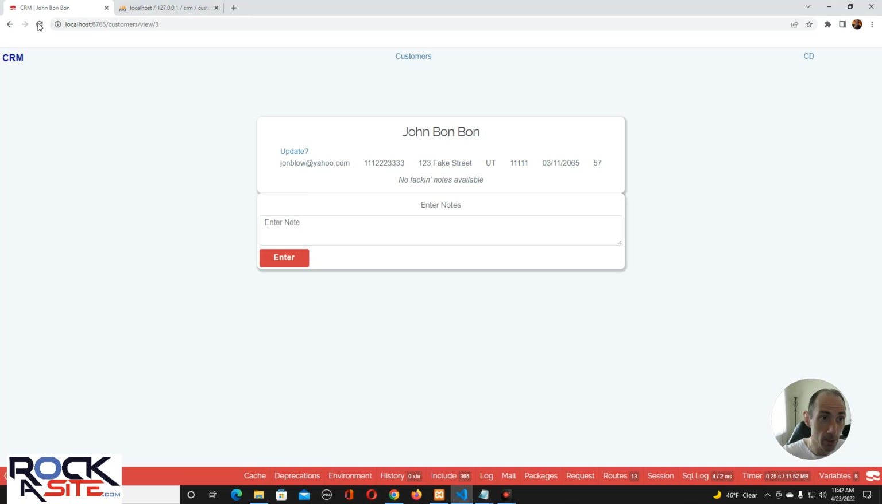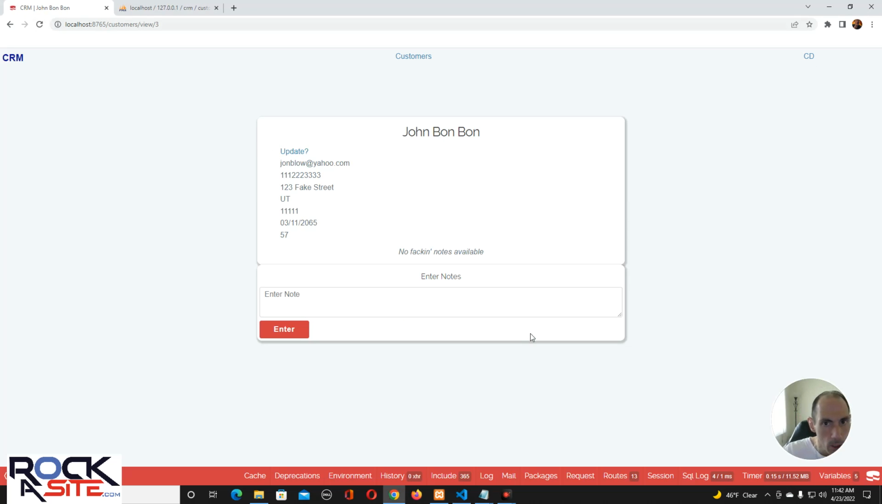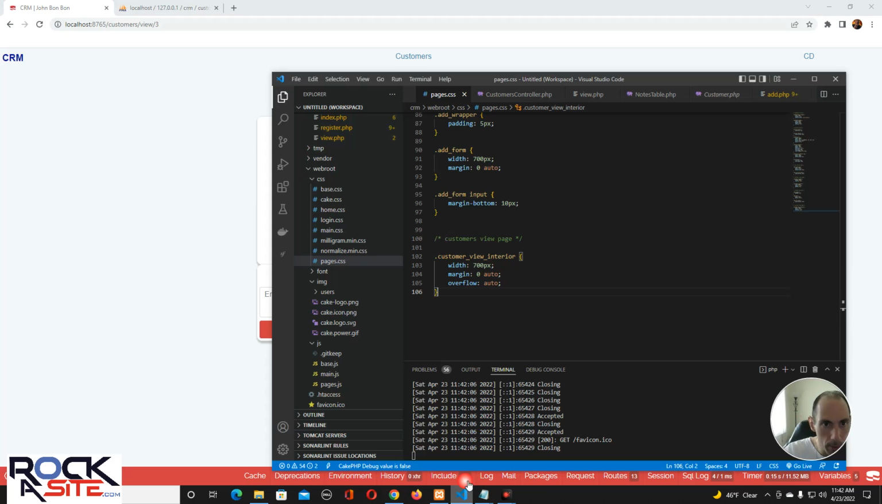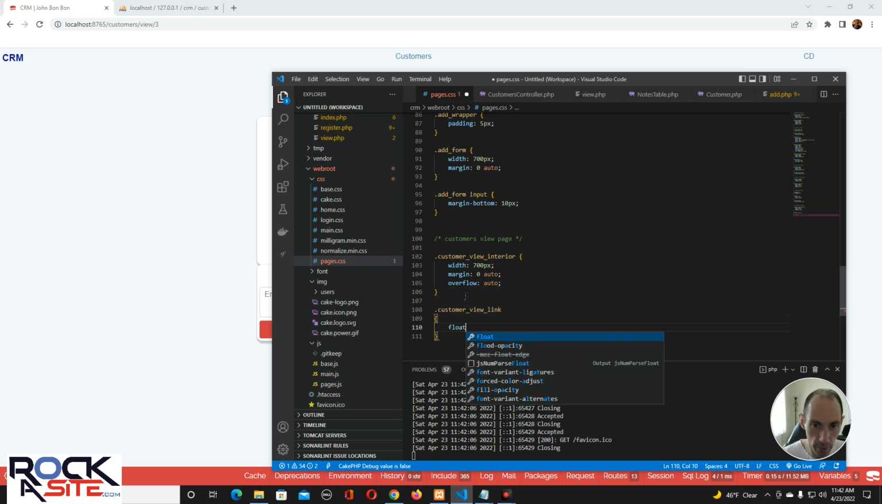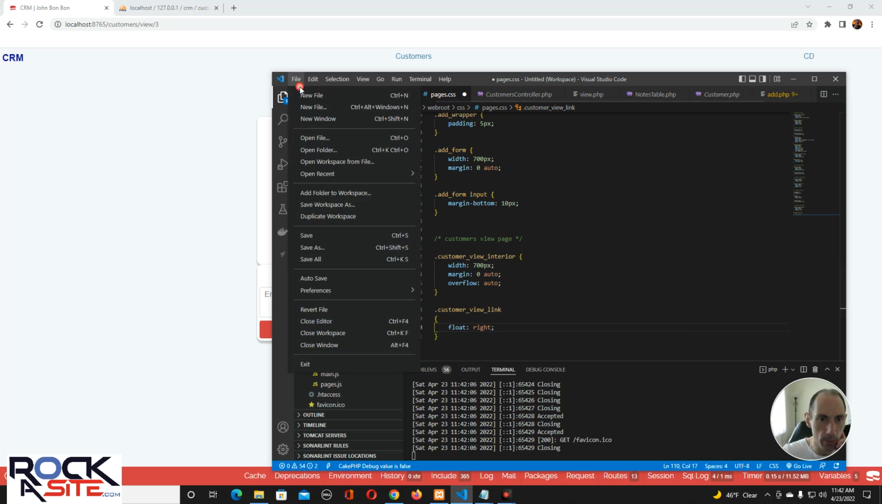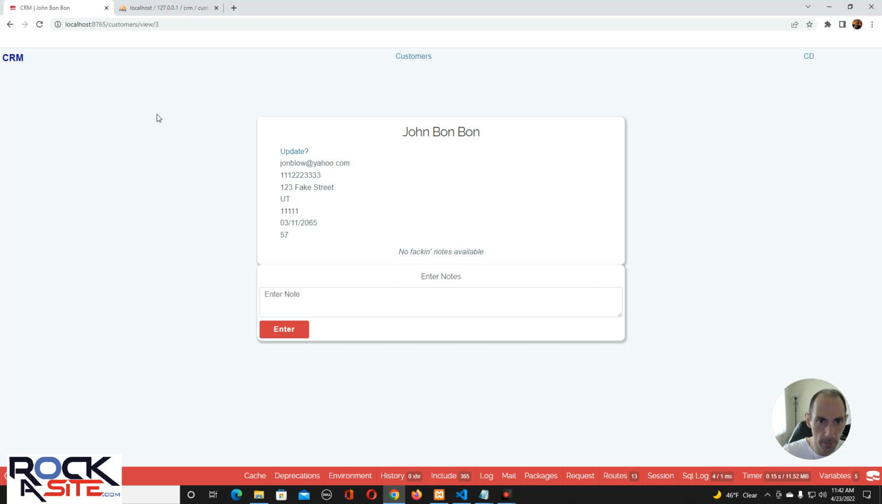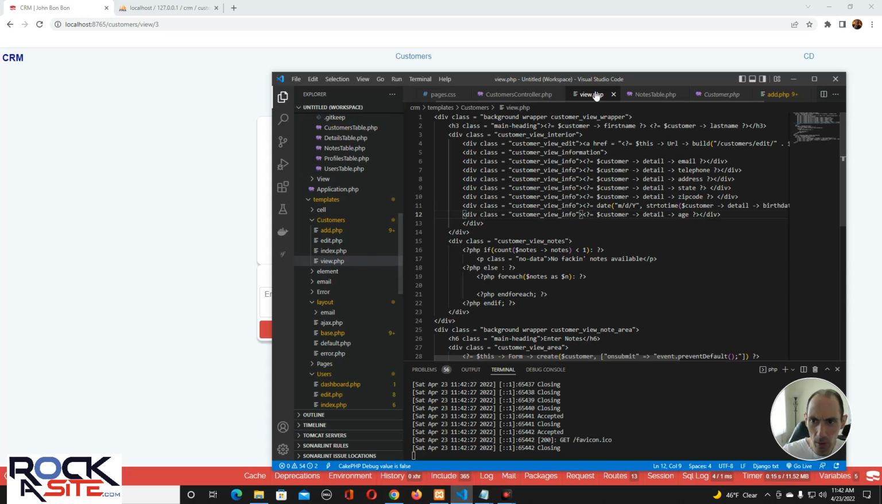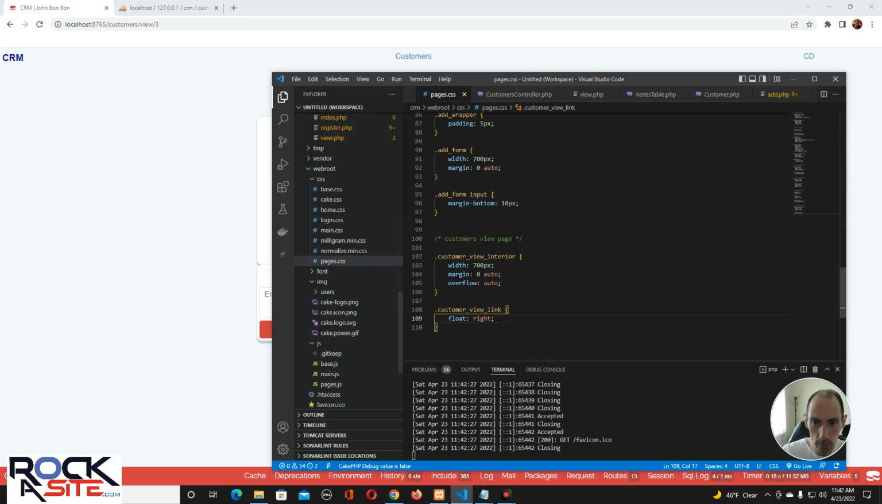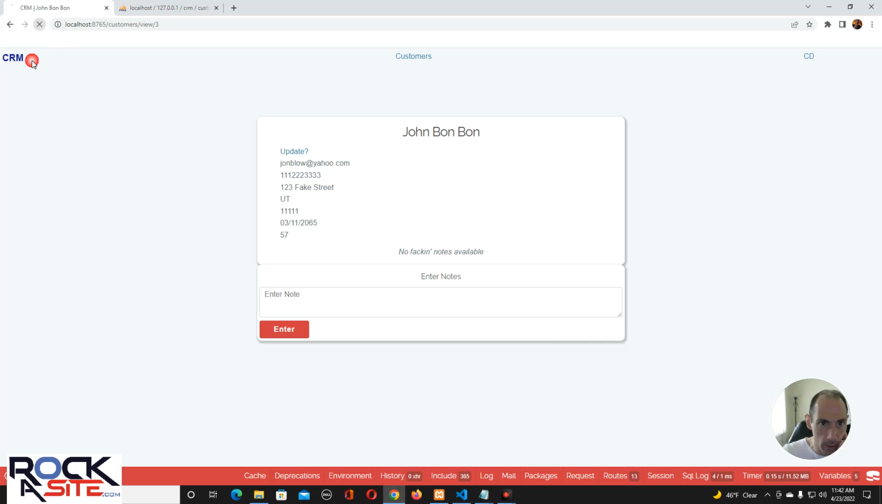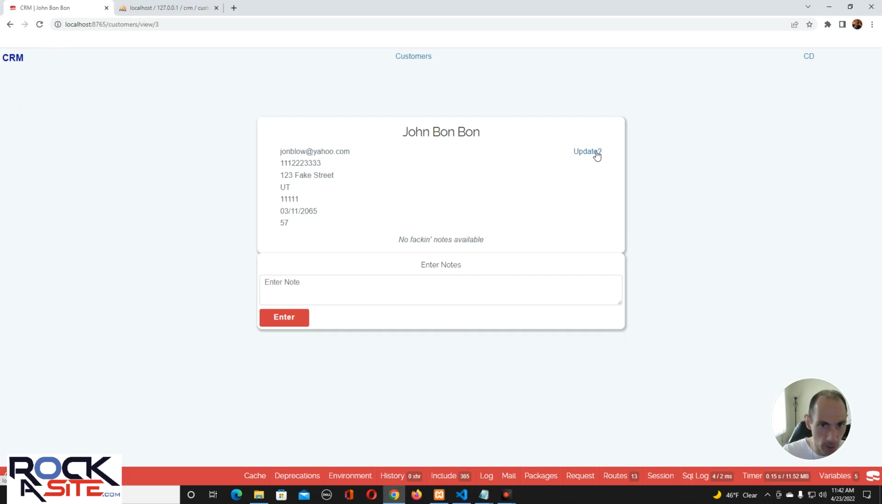I could have called the flex box maybe, but okay. Now we're gonna go customer view link, I called it, right? And we'll just float that right. Float right means it's just gonna throw it on the right side. What did I call it? View edit, sorry. View edit, and I'll just flip that on the right side, and now you have this here, and then you can go to the edit page. We have the notes here,